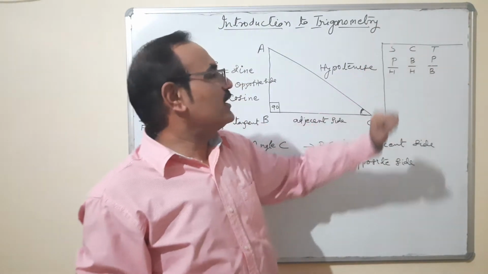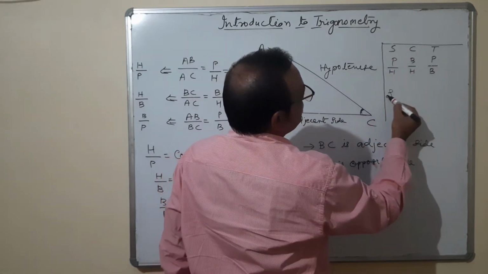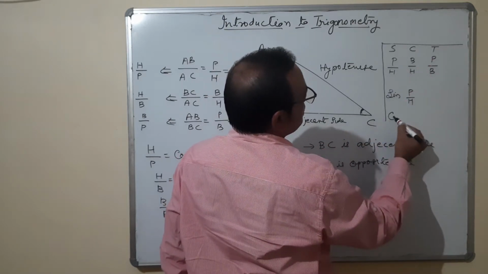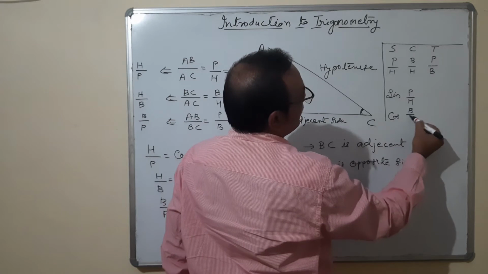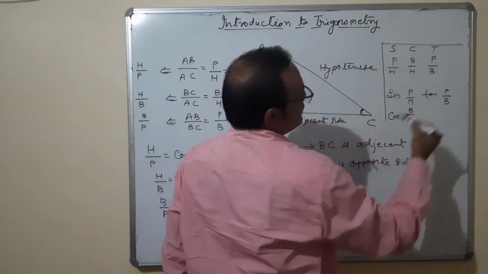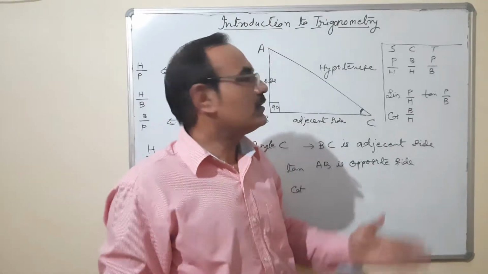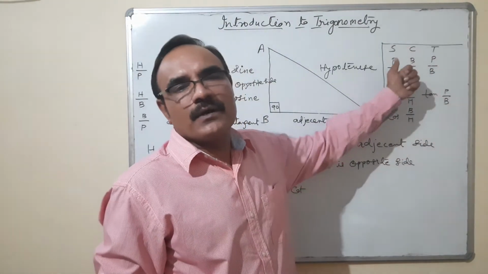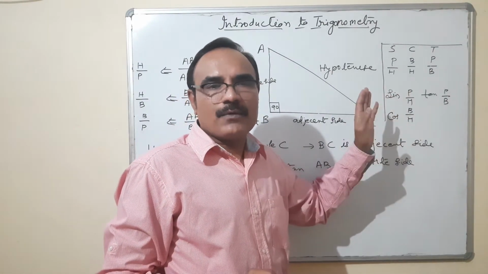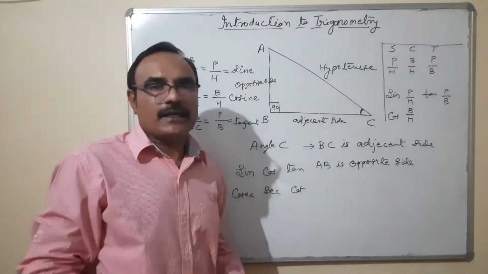The meaning of this is that S stands for sine. So the value of sine is perpendicular upon hypotenuse, the value of cos is base upon hypotenuse, and the value of tan is perpendicular upon base. So you will remember it. Sometimes you forget what the exact ratio is, so to find the ratio, you will remember this proverb. With the help of that, you can remember forever the value of sine, cos, tan in a right angle triangle.